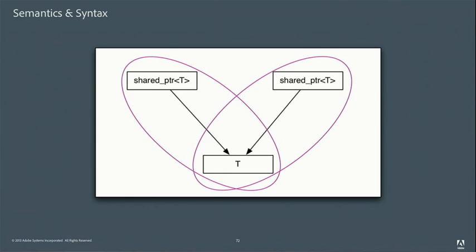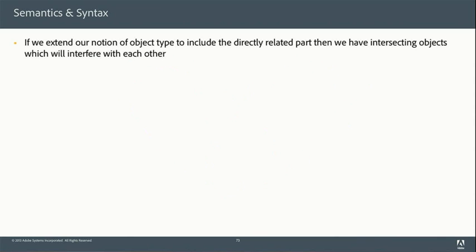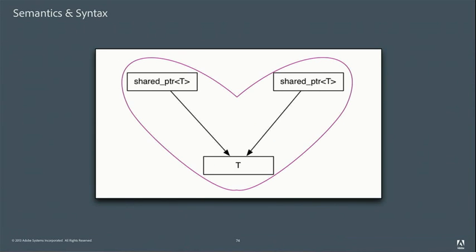So if I think about my shared pointer and the object that it points to as being my one unit, okay? Now, in order to copy that thing, right, it needs to be a deep copy, right? I need to copy the thing pointed to, right? And I really don't have 2 distinct of these things. They're intersecting. So what I've got is this, okay?